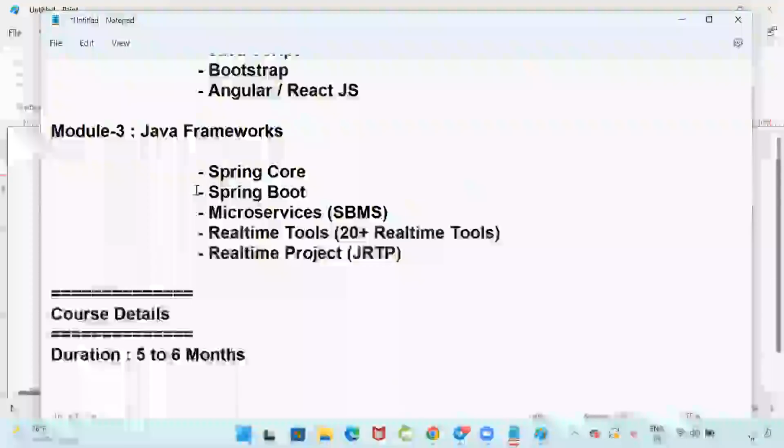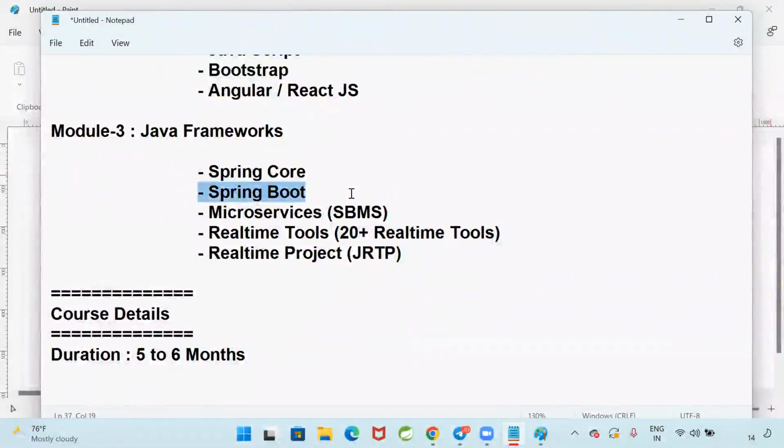The Spring that we are going to use, the Spring Boot that we are going to use, internally it will use JDBC and servlets. So in order to understand Spring Boot or the Spring framework, you need to have some knowledge of JDBC and servlets. That is the prerequisite. We are not going to memorize anything. You need to do a postmortem on the technology.